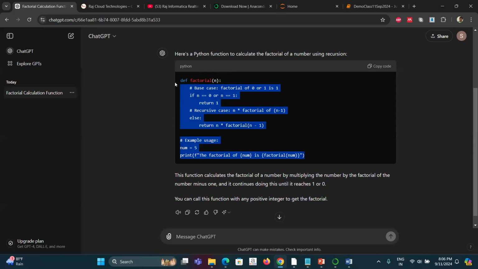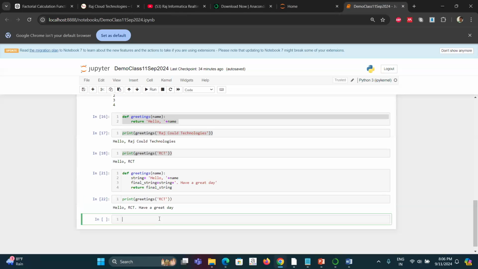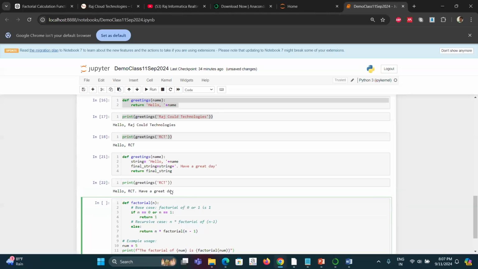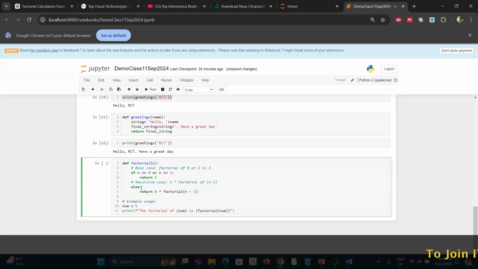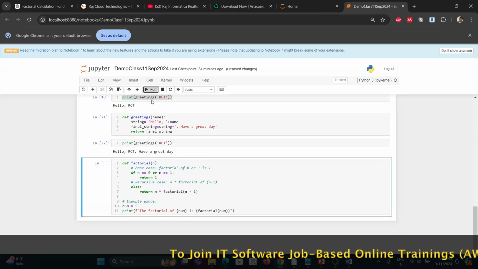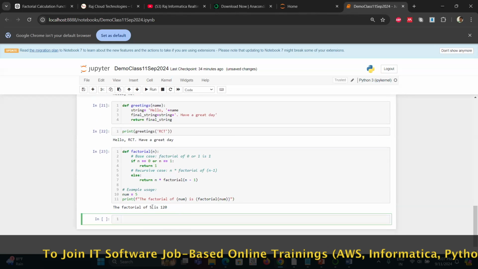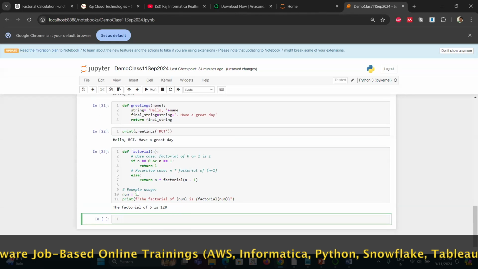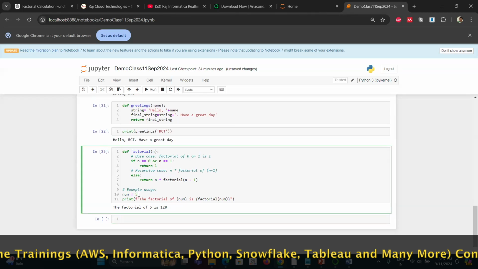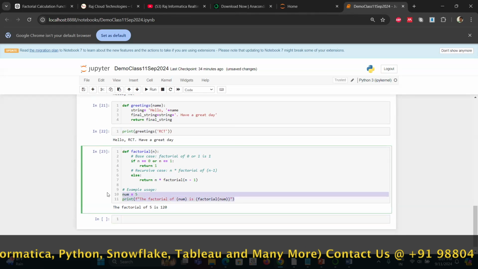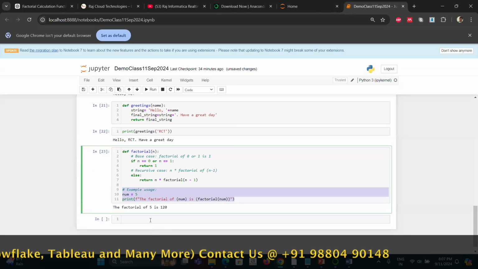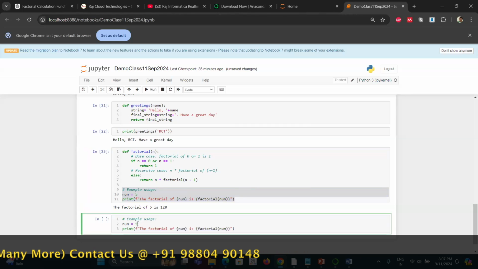Okay, so let me take this and directly put it in my code and try to write it here. This is the function that ChatGPT has given. I will run this and see: factorial of 5 is 120. Here I am saying number equals 5, right? I'll change it to factorial of 6 and run this.